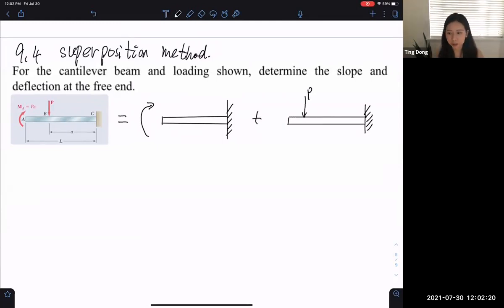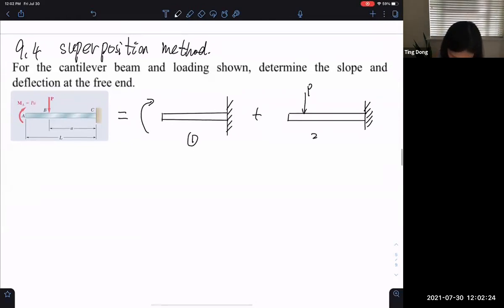And we calculate separately. So let's say this is loading condition 1 and loading condition 2. So for the first one,